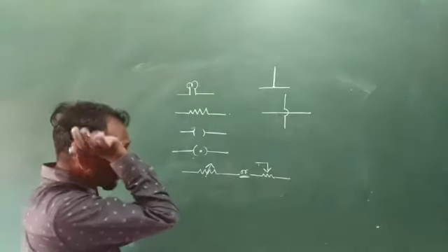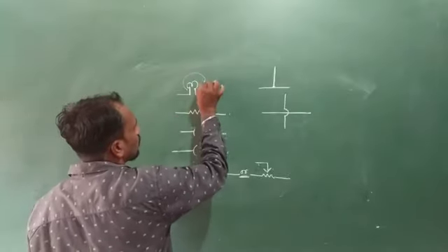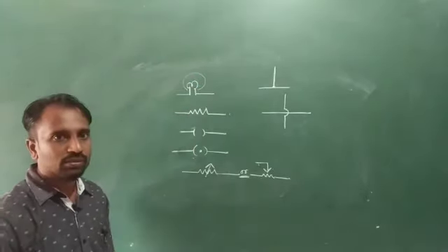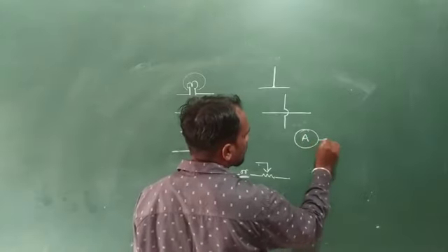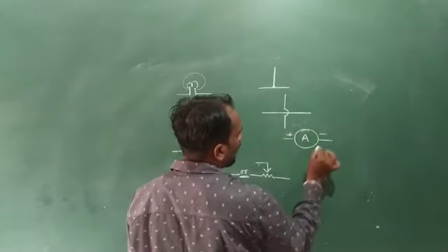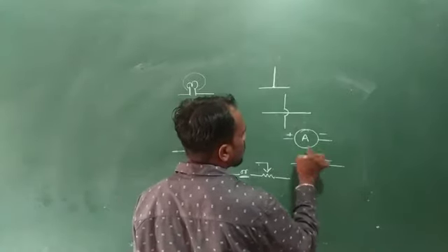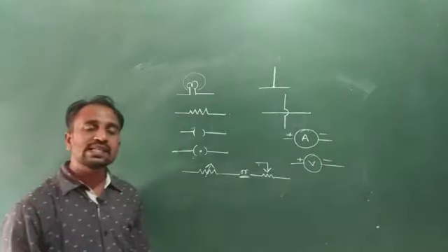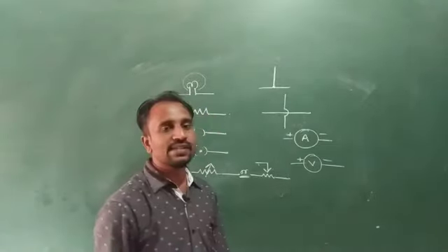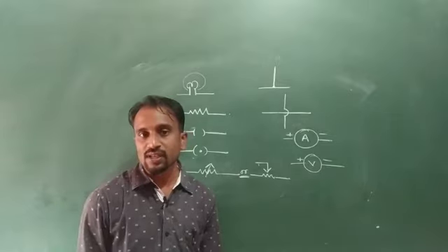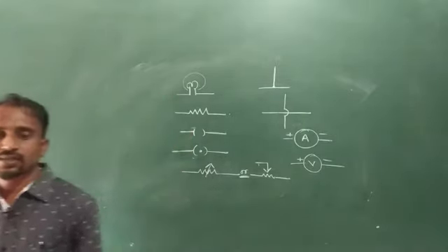Okay. Next one. So bulb. And this is also a bulb. And another one is an ammeter. Okay, so this one is an ammeter. Another one is a voltmeter. Okay, so an ammeter is a device used to measure a small electric current in a circuit, and a voltmeter is a device used to measure potential difference across two ends of a conductor. Yes, so these are circuit symbols.